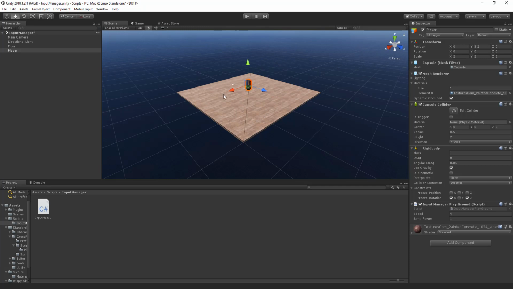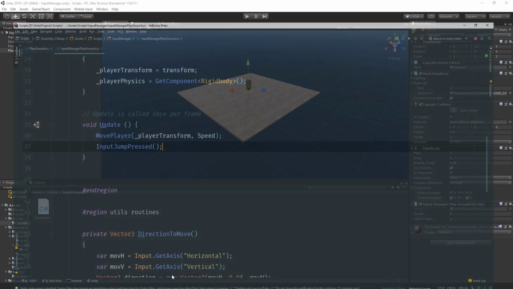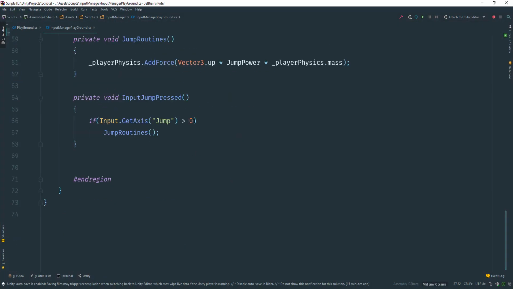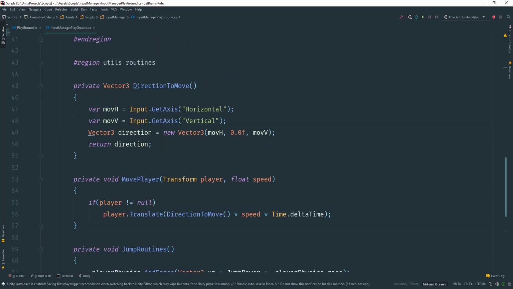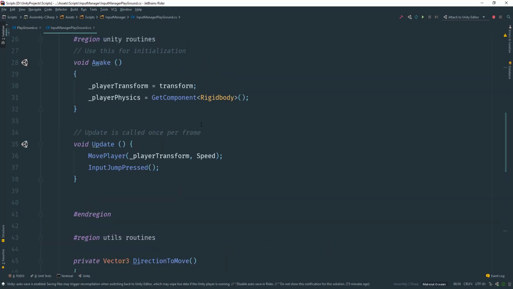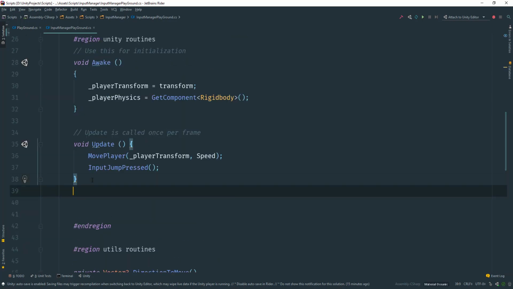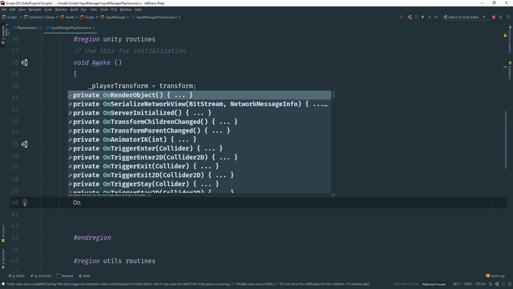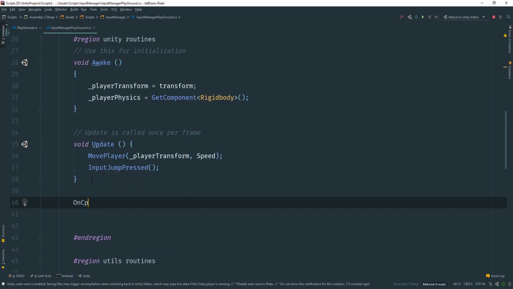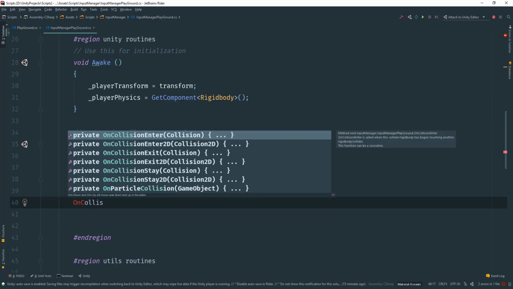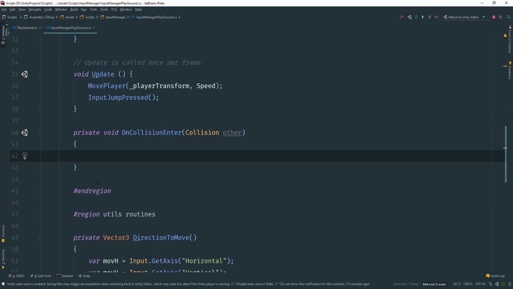So what I want to do is use our onCollision and onEnter and all that stuff to actually check that. Let's go back into our code here and add this underscore grounded, right? So if it's grounded, then we can go ahead and jump, right? So let's go into our Unity section here, and let's add in onCollision. So let's go onCollision, enter, and then we're gonna do